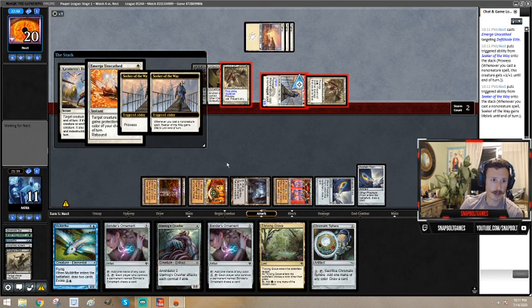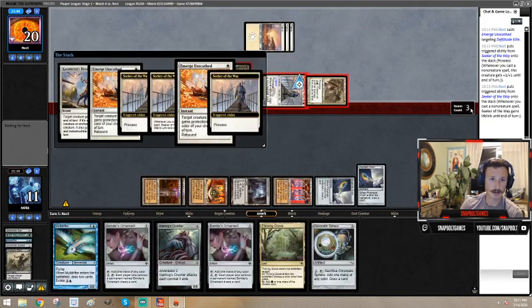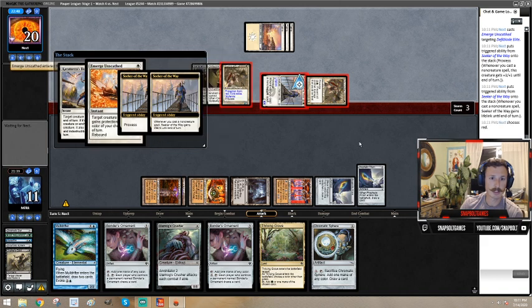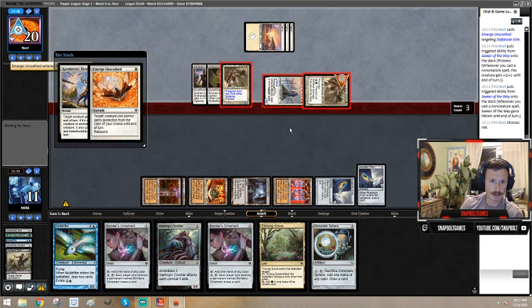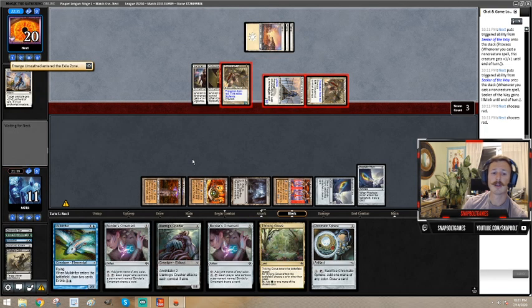Are they going for the win? 1, 2, 3, 4. Let's just see. I don't think this is 11, is it? They're going for the rebound. If this is not lethal, it's super, super greedy. So 5, 6, 7, 10, 11. Oh, it is lethal. Okay, I mean,